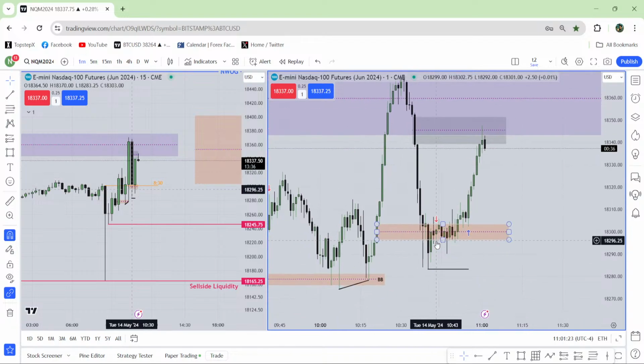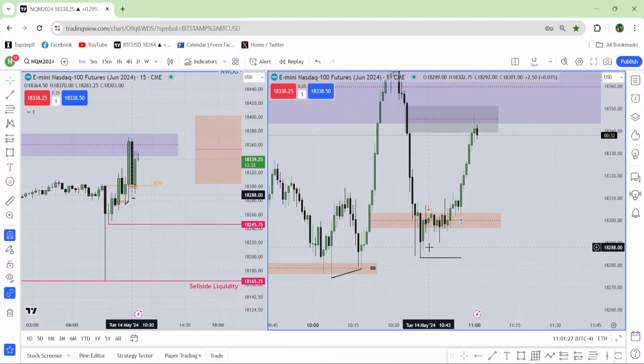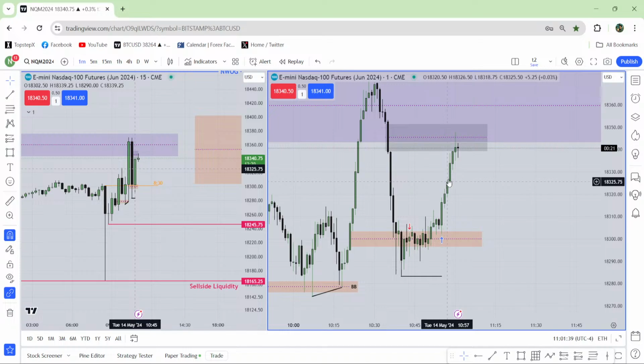I will read the price. How do I read the price? I'm not going to predict the price, I'm just seeing what is happening. Over here, I can see the market came to that last fair value gap from the 1 minute chart, fake breakout, went higher, and came to this last fair value gap. Where is it going next? I don't know. I'll just wait and see where it will go.